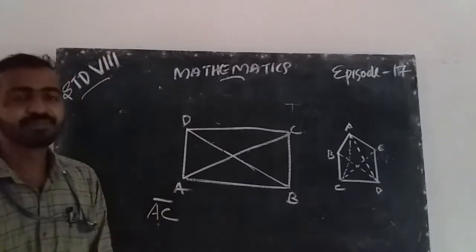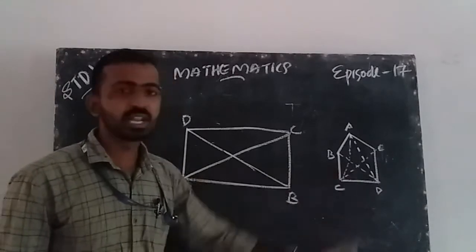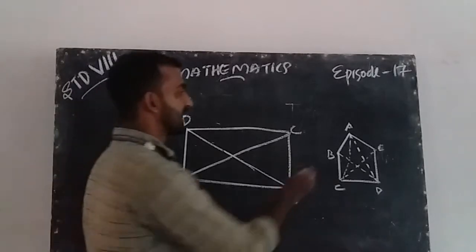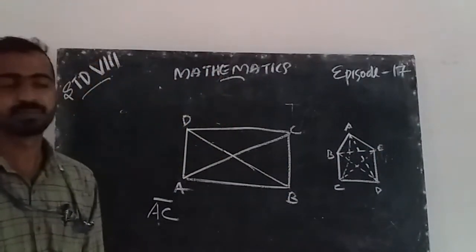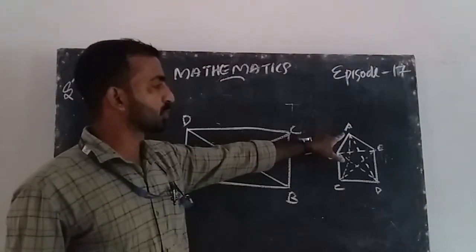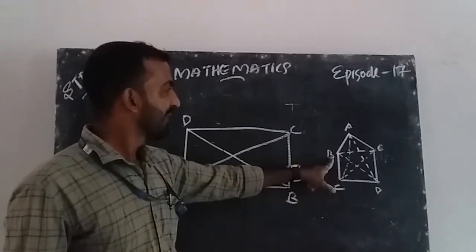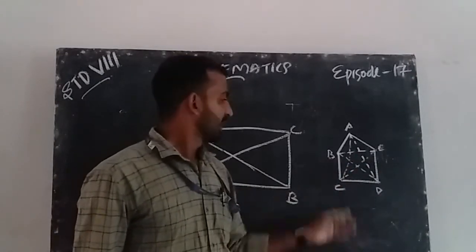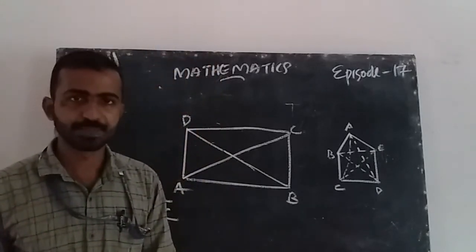Yes. How many diagonals do we have here? 1, 2, 3, 4. Is it? Yes, 1, 2, 3, 4. And here we can also draw a diagonal B to E. B is already connected to A and to C, so the direct connection is B and E. So one vertex has two diagonals.